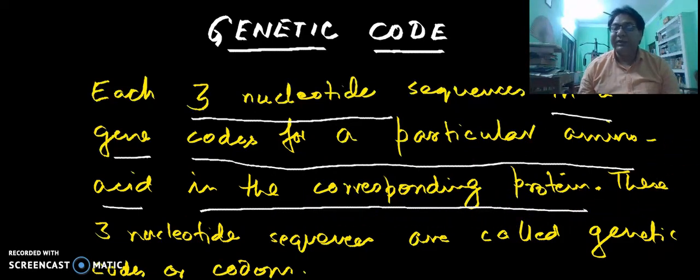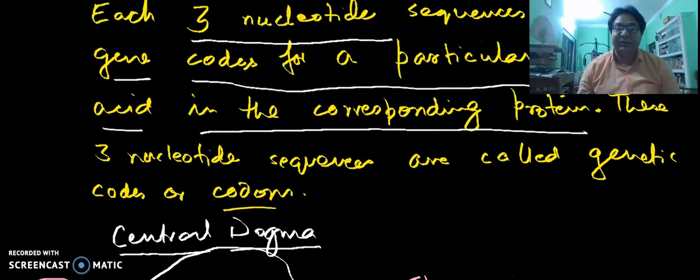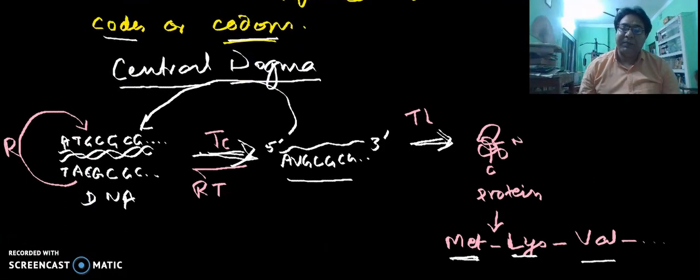These 3 nucleotide sequences have been referred to as genetic code, and they are also called codons, of course. So what is genetic code? Genetic code is basically nucleotide sequences in groups of 3. In groups of 3, because each of the 3 nucleotides